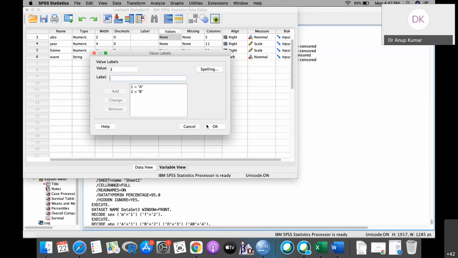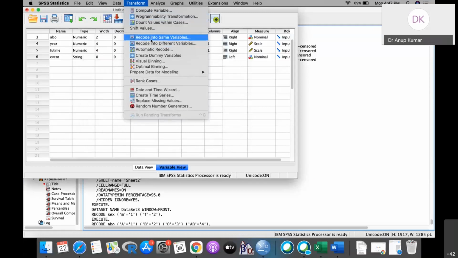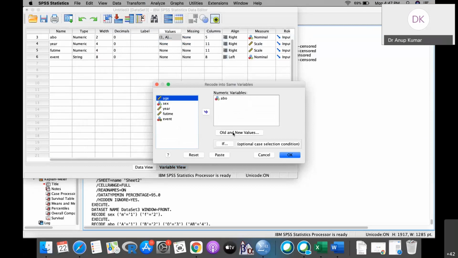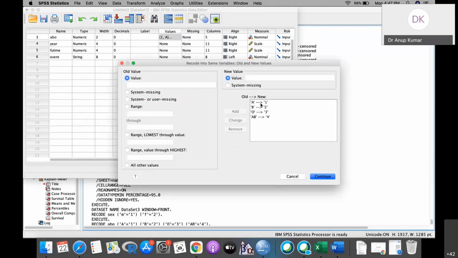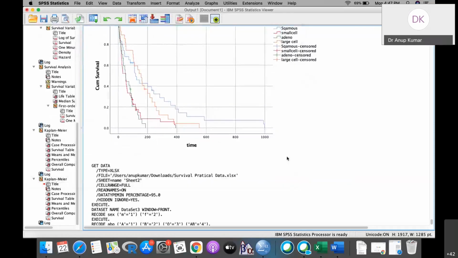just a minute, I forgot what I did. Just a minute, recode into the same variable, old and new values, A1, 2, 3, 4. Continue. Okay.